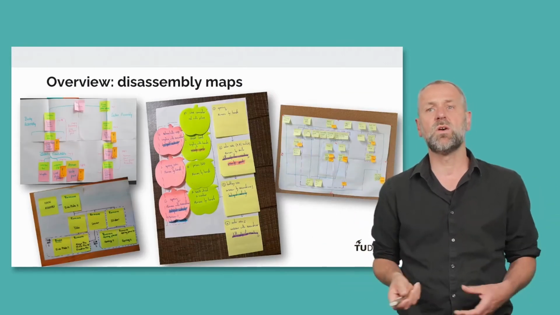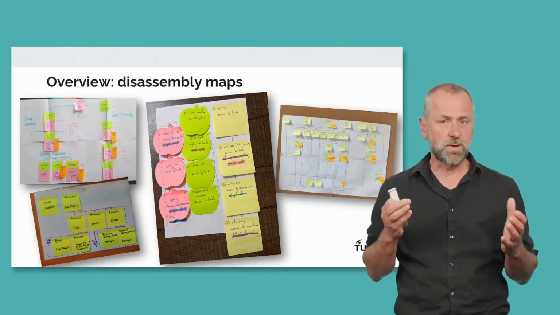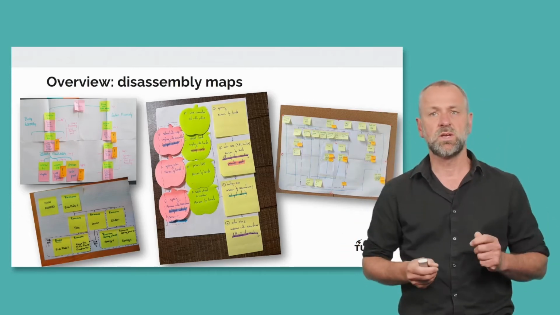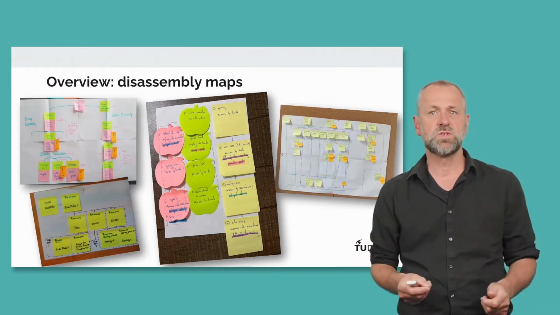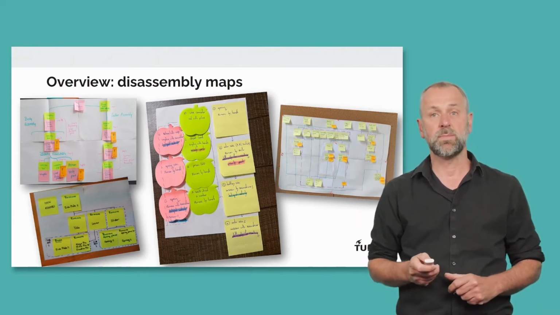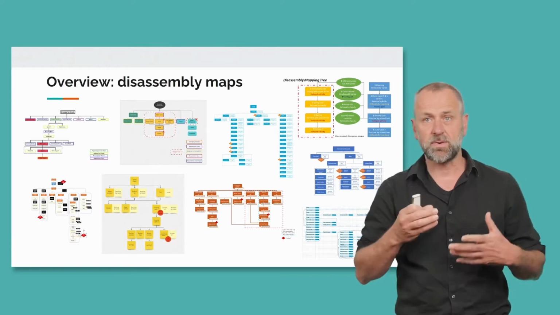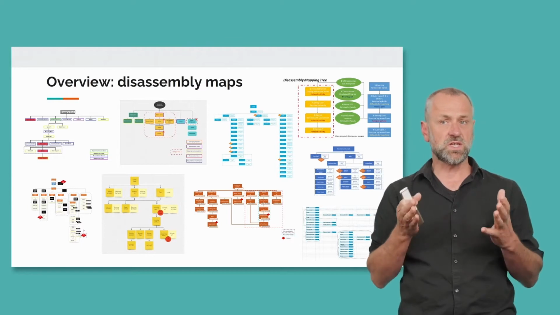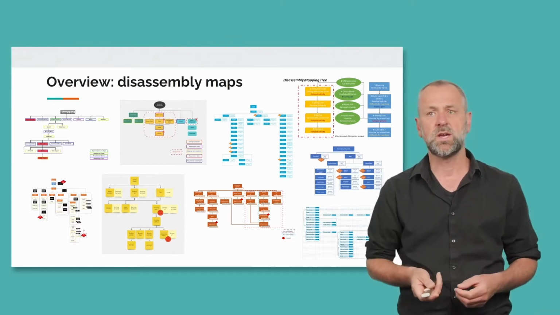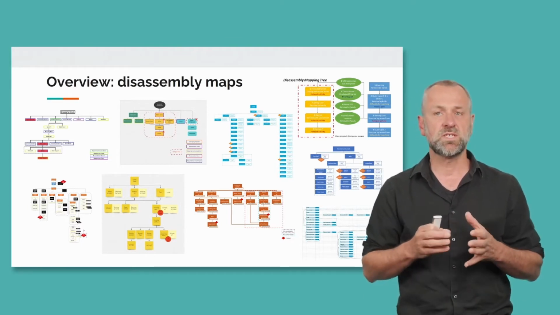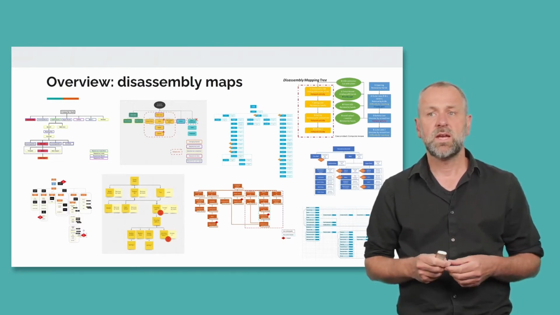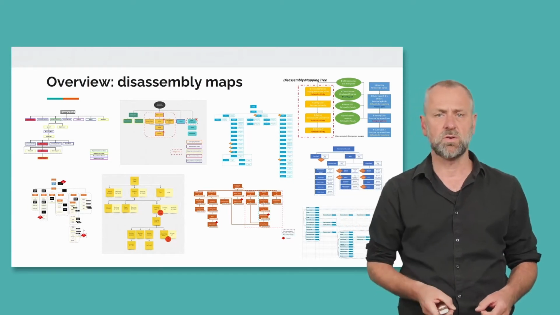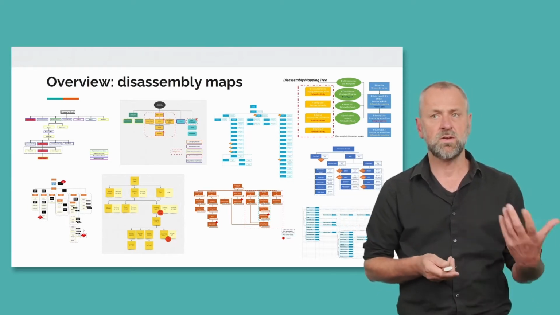So here you see an overview of your disassembly maps. You see people working with sticky notes, which is very handy for sketching out the disassembly tree, making it easy to shift the nodes during the process of making the final map. And of course you can finalize your map by using software. After finishing a sketch using sticky notes, this is a perfect way of visualizing the ease of disassembly in a more presentable way and actually make the hotspots visible in the map. It will draw your attention to the priority activities and the priority and valuable parts.